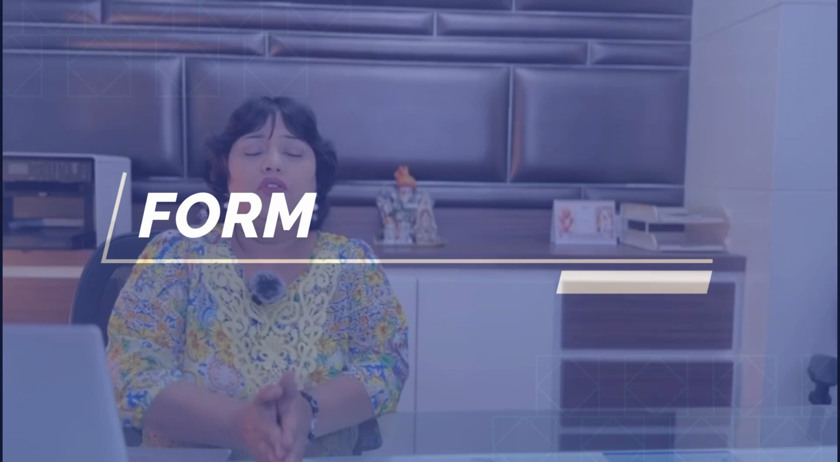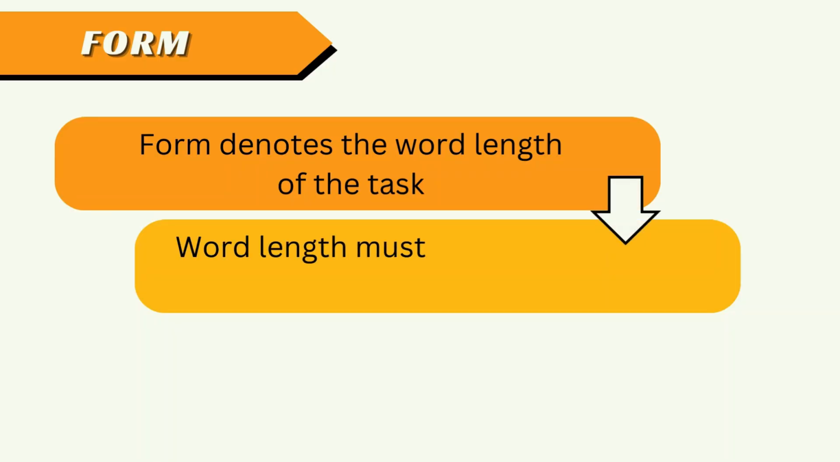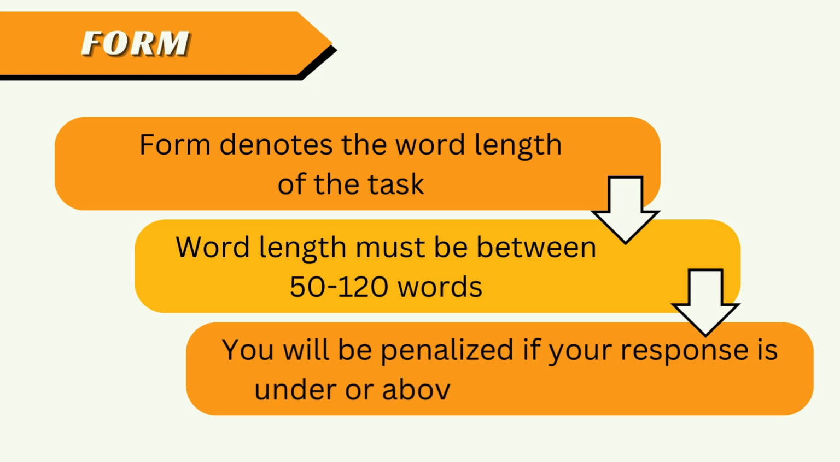Now what is form? Form denotes the word length of the email. As we know that we have to write 50 to 120 words. If you write less than that or if you write more than that, trust me, you will be penalized. So make sure you write between 50 to 120 words and usually the email that you get in the exam, it says write approximately 100 words. So don't get confused. You can write anywhere between 50 to 120 words. That will be a good thing. Let's talk about the